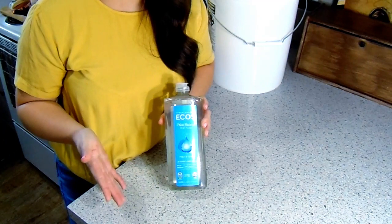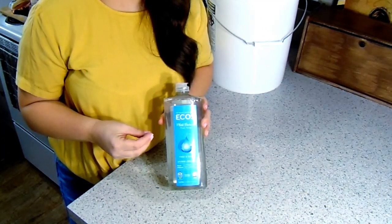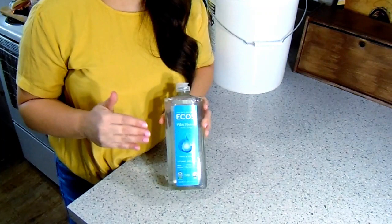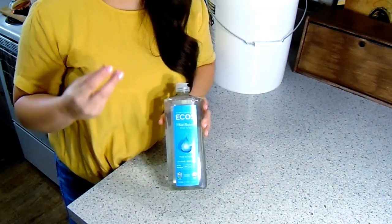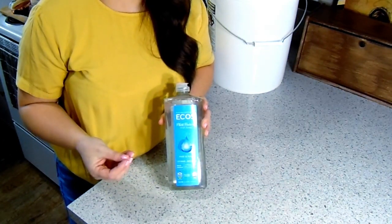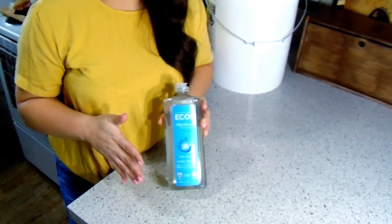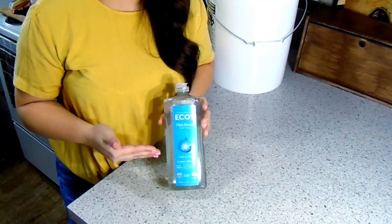And I do agree with this, which is exactly why I started adding dish soap to my laundry detergent. What I like about this Ecos brand is it is free of dyes, it is free of scent, and it's also plant derived. So every single thing in this dish soap is derived from plants. There's no harsh chemicals, there's no synthetic fillers. You can pick this up at Walmart for about $2.73, but we're only going to use half of the bottle, so we're going to use $1.36 worth of this